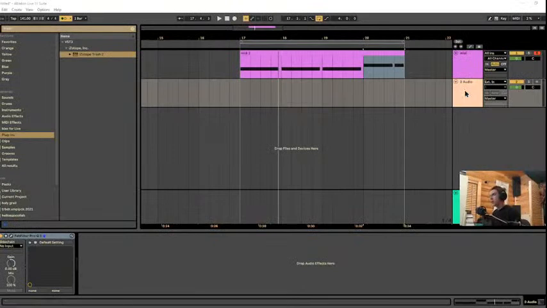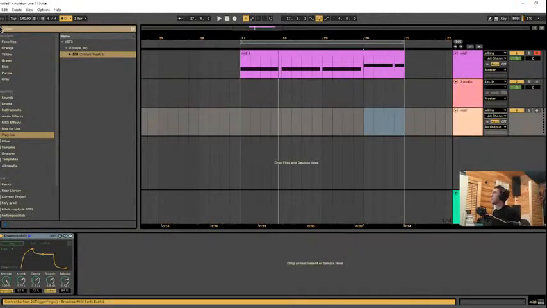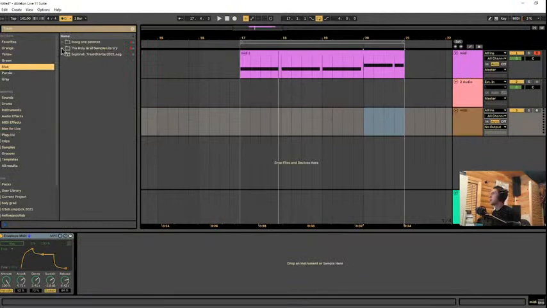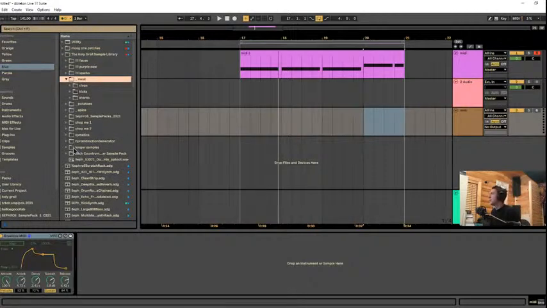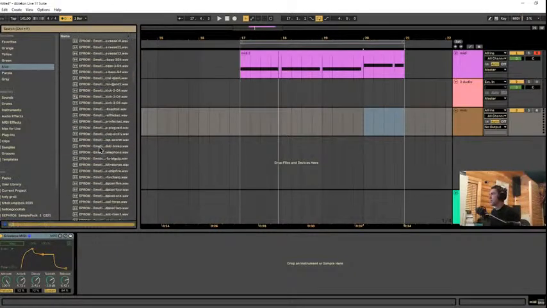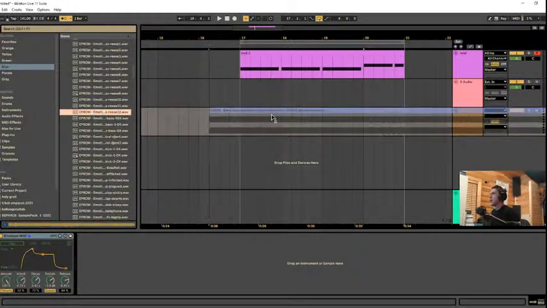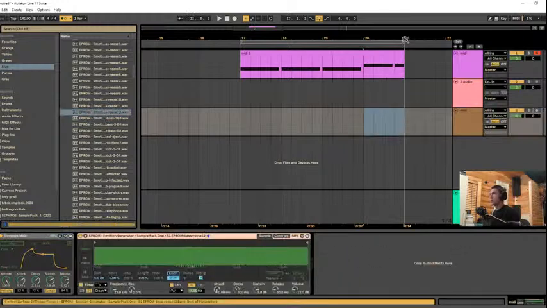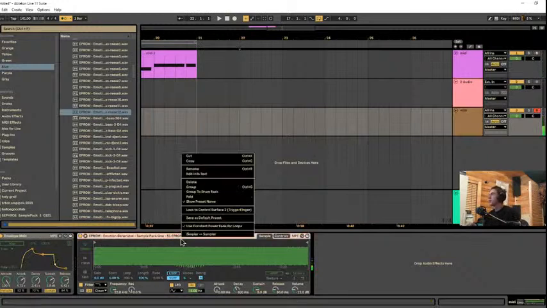So if we go over here and we just get a sample, like, I don't know, any sample. If we get a sample here and we get maybe, let's get something, let's use an EEPROM sample. Yeah, let's use an EEPROM Reese. So if we turn this into a sampler,